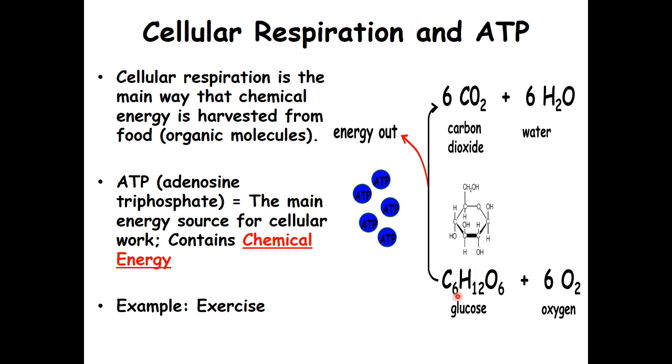You start with some sort of food, but in this chapter, we're going to focus on glucose because it's easier to look at, okay? So you start with glucose, and you mix it with a certain amount of oxygen. When you combine these two, you go through cellular respiration and release some of the energy as ATP. You break all these chemical bonds and you release some as heat. And then the end products are CO2 and H2O.